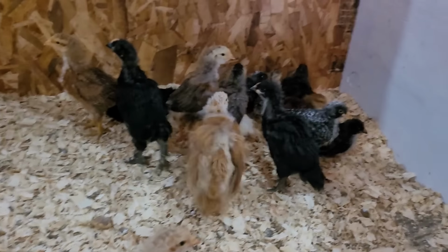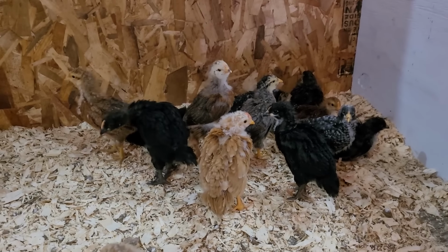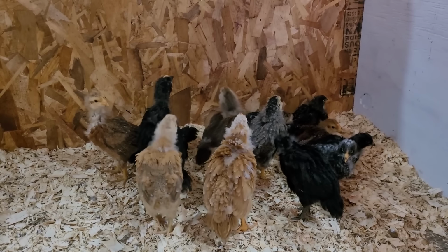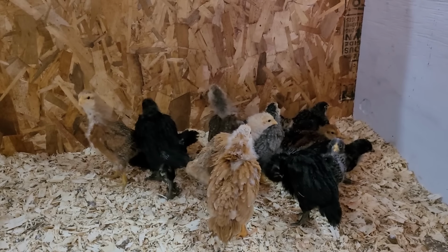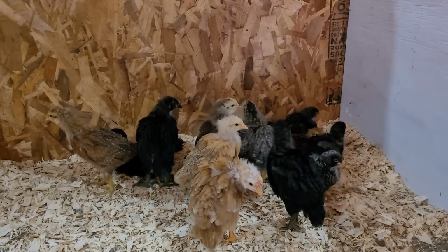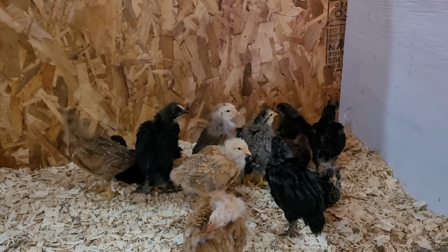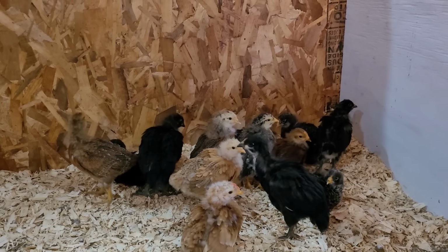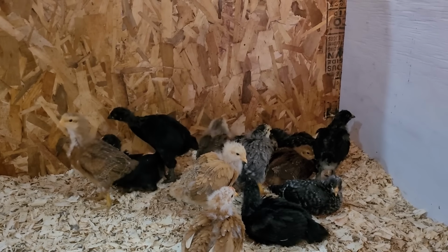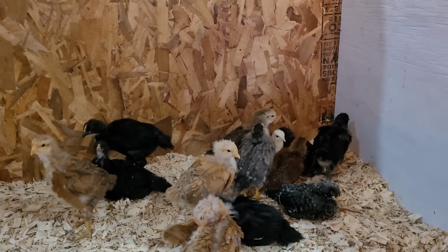Here's a quick little update on the chicks that I incubated and hatched. They're all doing very well. All 14 that hatched are doing excellent. I actually have 2 turkeys in here. I saved 2 turkeys from death pretty much. The mom had laid her eggs. She laid 8 eggs up on a bale way high up by the rafters, and